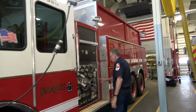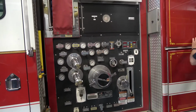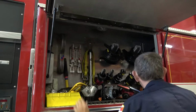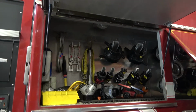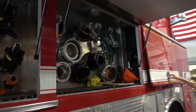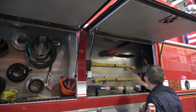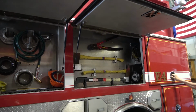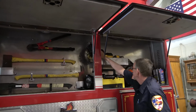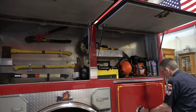Once again, newer truck, all computerized. And I'll open up some of these compartments. We carry all kinds of fittings. In that one, more fittings, garden hose. This one we've got axes, bolt cutters, a light. And in this compartment we have a chainsaw, a cut-off saw, a helmet, fuel, and basically